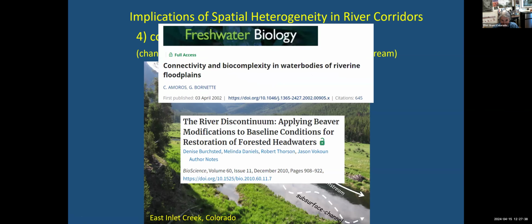And again, fairly recent, all this, the older one is from 20 years ago now, looking at some of the effects of connectivity, both the causes of connectivity or disconnectivity, and then the effects of that on, in the case of the upper paper, biomass and biodiversity.